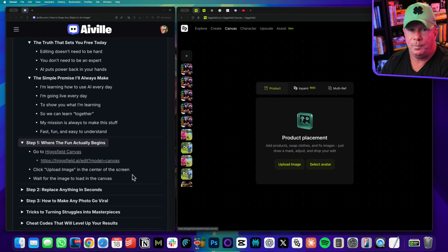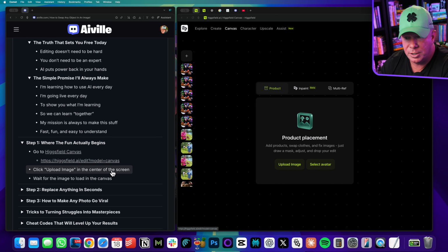Now, from here, what you're going to want to do is actually upload an image to the center of the screen that you want to have some fun with. So I recommend right now, if you can, find a photo on your phone, find a photo on your computer, maybe transfer the photo from your phone to your computer. If you don't have any photos nearby, just go to your Facebook, go to your Instagram, wherever you might have a photo already, and then just download it, like drag it from Facebook to your computer, and then you'll have something to play with because it's going to be a lot more fun if we do this together.